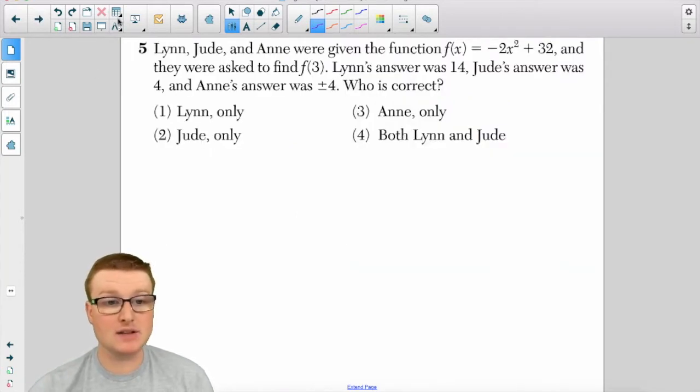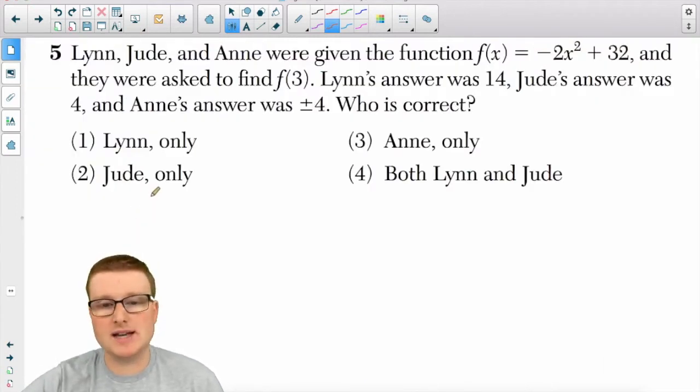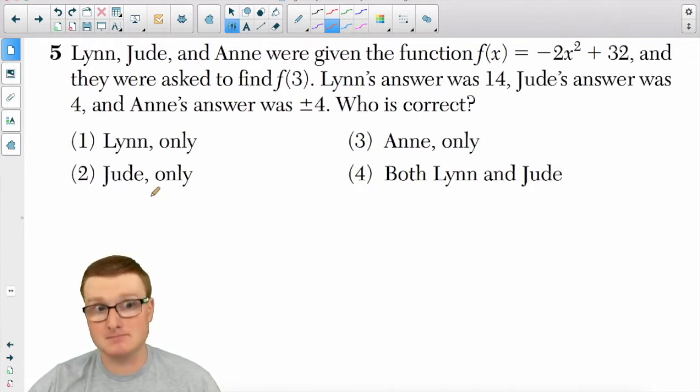Number 5. Lynn, Jude, and Ann were given the function f of x equals negative 2x squared plus 32, and they were asked to find f of 3. Lynn's answer was 14, Jude's answer was 4, and Ann's answer was plus or minus 4. Who is correct? So basically what you're doing